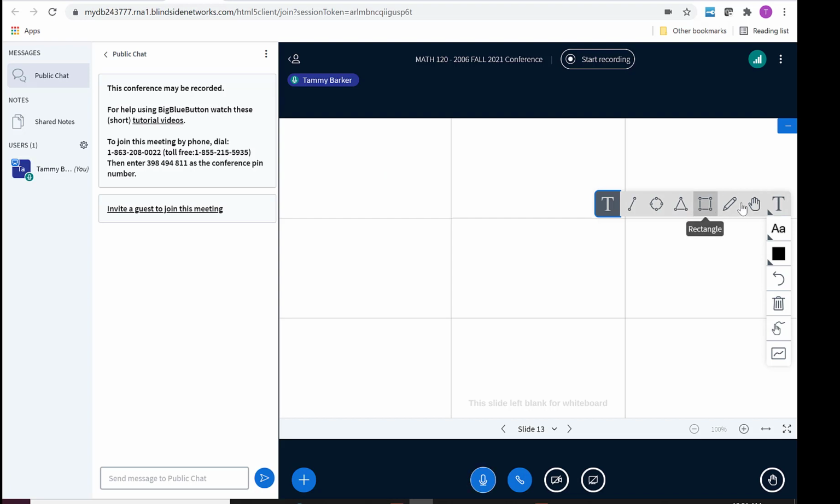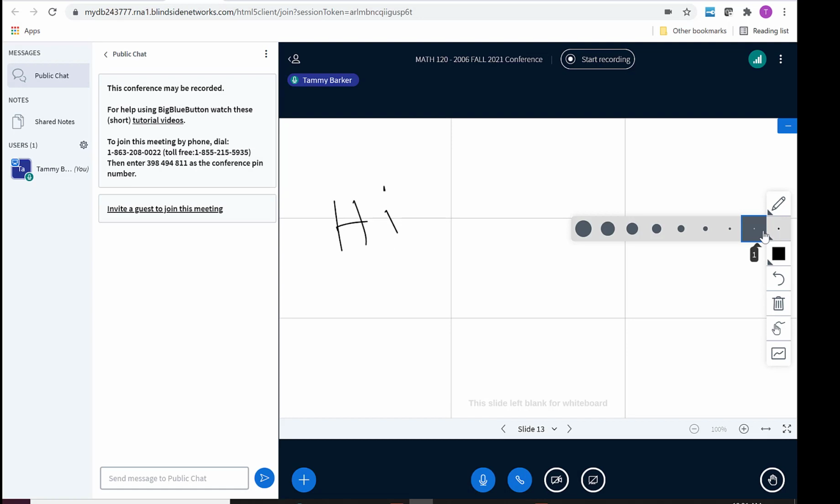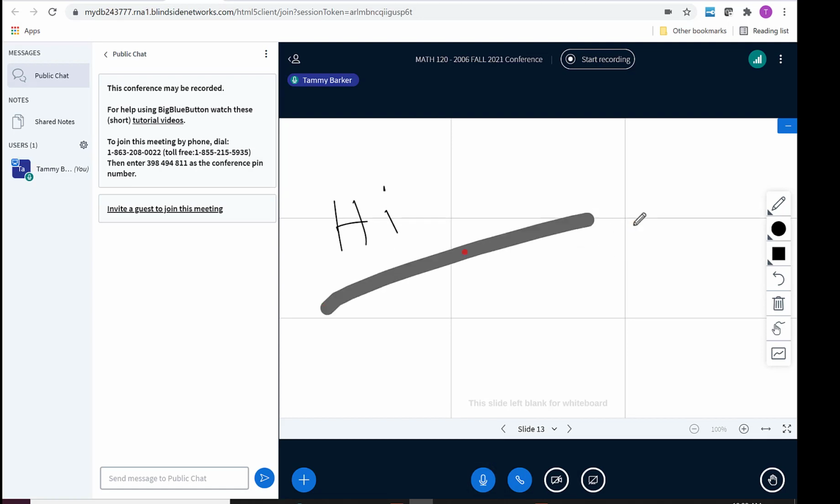I spend most of my time using the pencil because I happen to have a computer that I can write with, so I have a Surface, so it allows me to write, and that's what I use most of the time. Again, you can change the color, you can change the thickness of the lines, which is sometimes helpful if you're trying to make a big statement, you can. It does have some